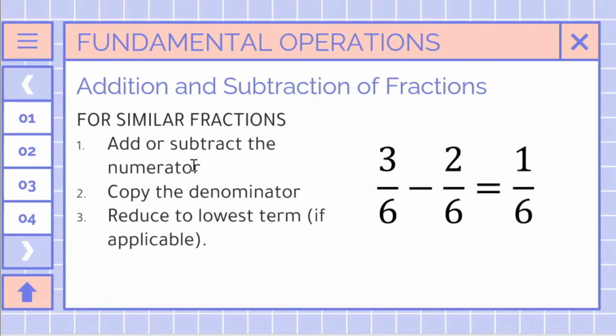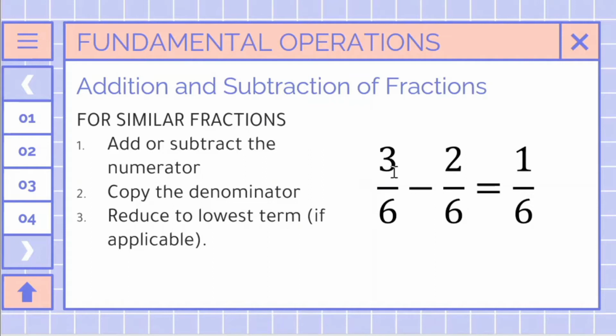Step 1 is to add or subtract the numerators. Next is to copy the denominator. And last is to reduce to the lowest term. Ate, what is this lowest term? Lowest term is when the numerator and denominator have no common factor except 1. So based on the given example, since they are the same,